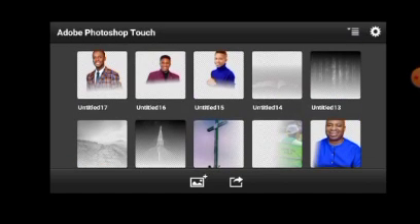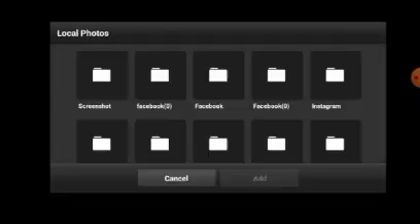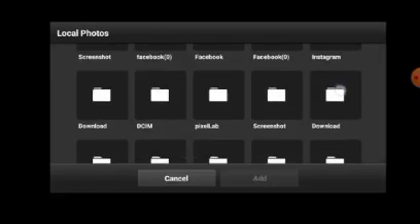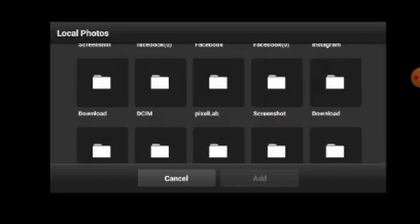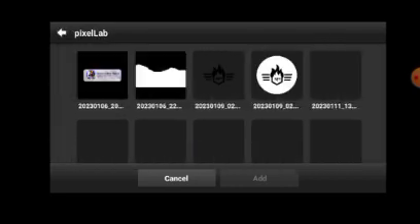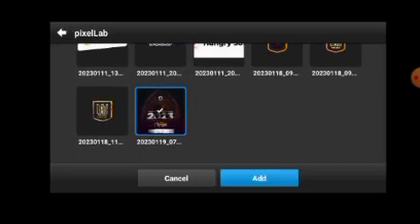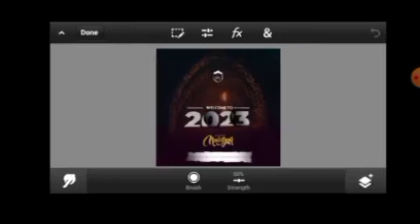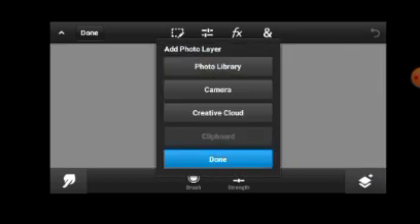fading of pictures. Now clicking on the plus button, photo library. I'll be going to Pixellab where the design is, not here. And watch closely what I'm going to do. Alright, here's our design. Click OK. Alright, now clicking on this layer, clicking on the plus button, photo library,